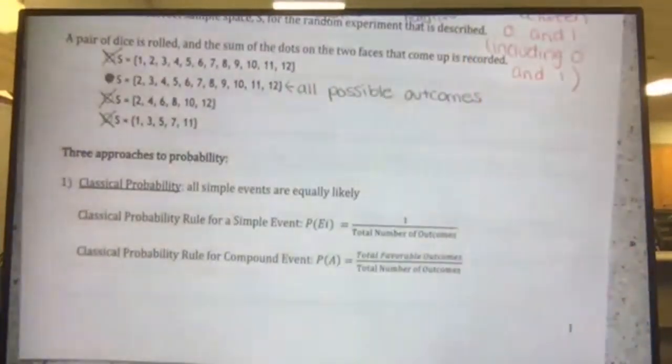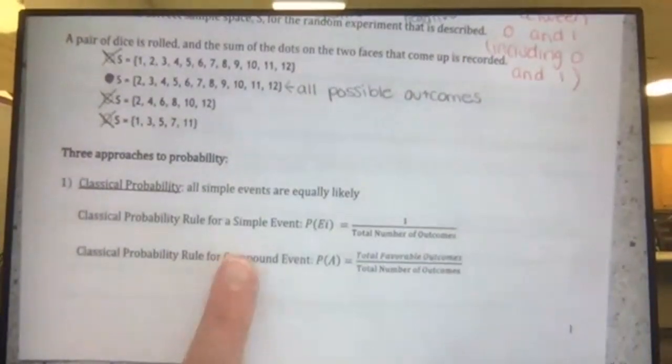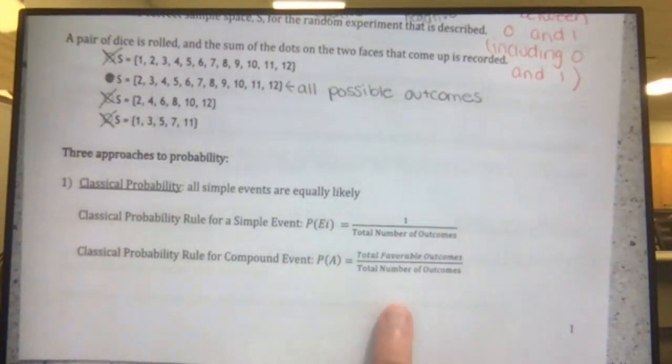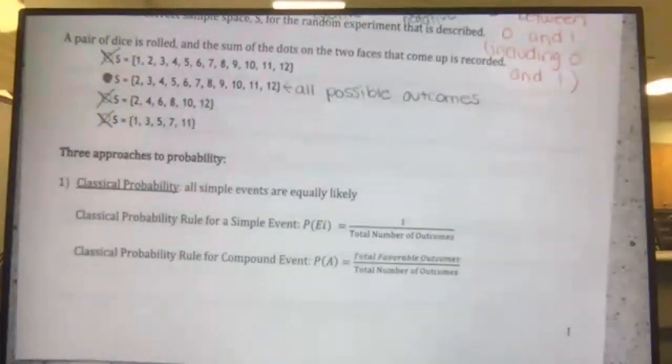So the classical probability rule for a simple event just means 1 out of the total number of outcomes, or for a compound event, it means the total favorable outcomes over the total number of outcomes. This is like our typical probability that we always see. We're going to see an example next, but let's look at the next type. So that's classical or normal probability. On the next page